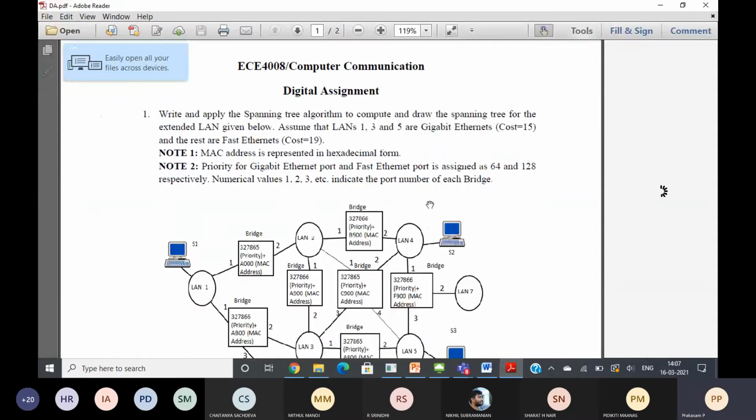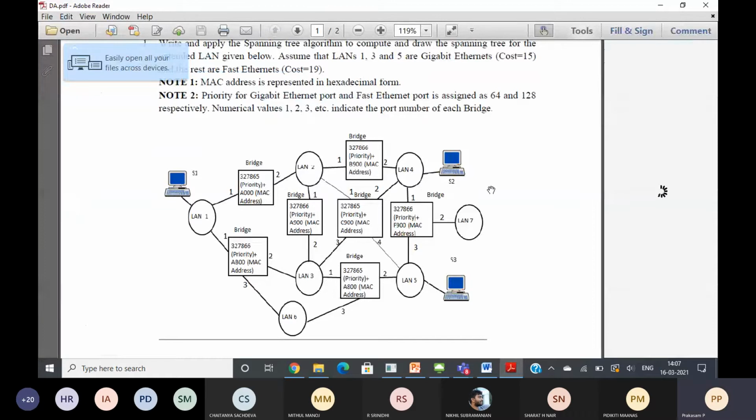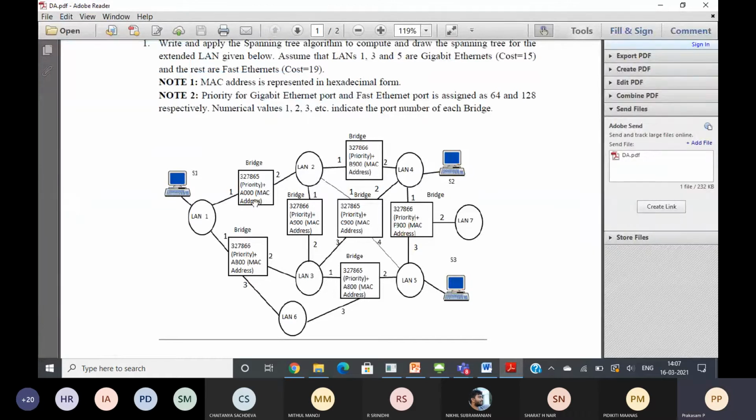In a DA, this bridge has priority 32768 and it contains a MAC address. Similarly, this bridge has 32769. So all the bridges contain priority plus MAC address. The bridge ID is nothing but a combination of priority and MAC address. Here, theoretically, we have given all the MAC addresses and priorities.